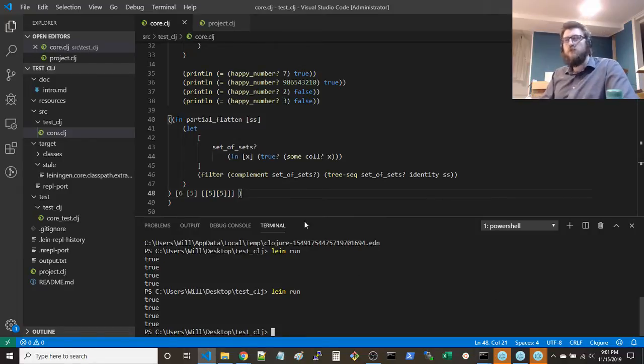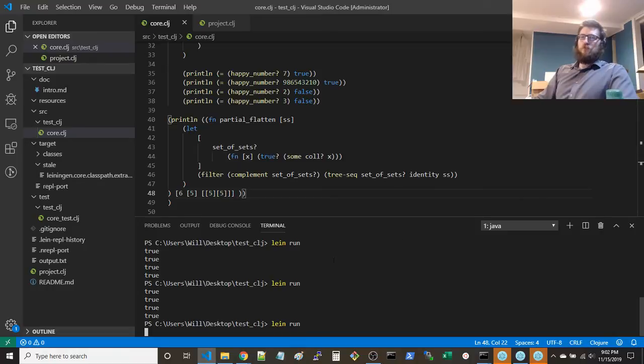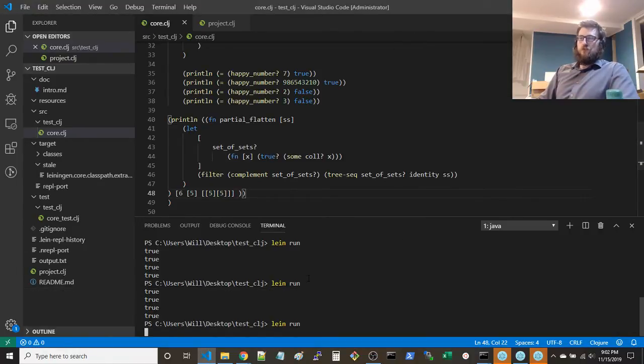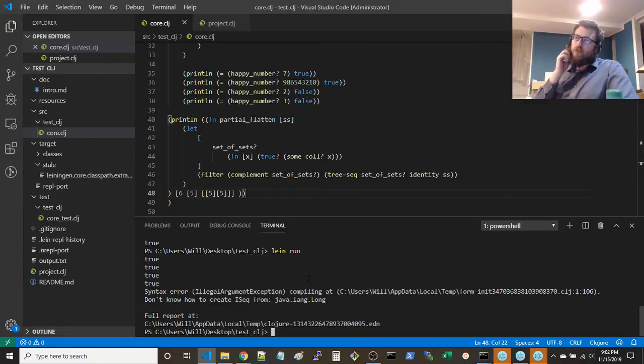No, really. There we go. Yeah. Oh, I guess it optimized it out or something if I didn't print it.